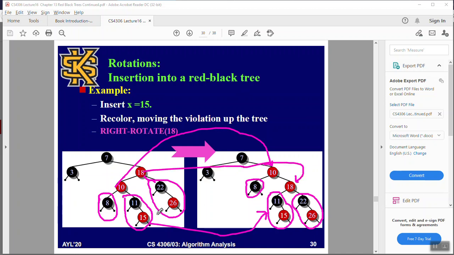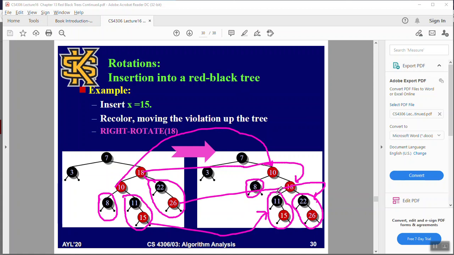Okay, then 18's right side will go here, and 18's left side initially would be empty, but this empty position will be filled by 10's right side. Why? Because 10 is going over here, it is taking one side, which will be 18, and the other side is 8, so it cannot have one more child, so this child needs to be shifted. And where will it be shifted? The only place we had blank, that is the left side of 18. Okay, so now let us see the last one, the right side one,